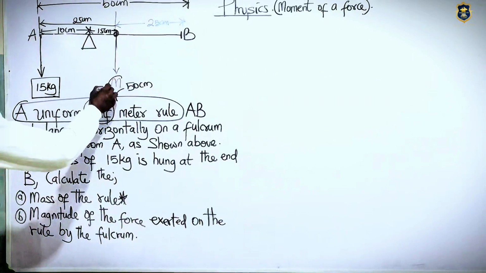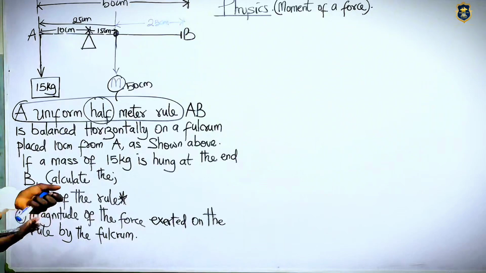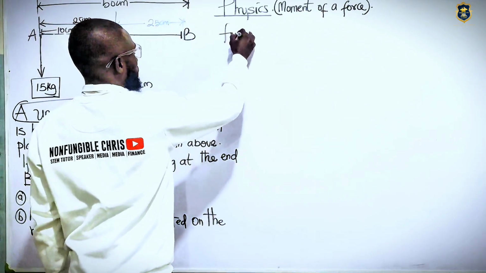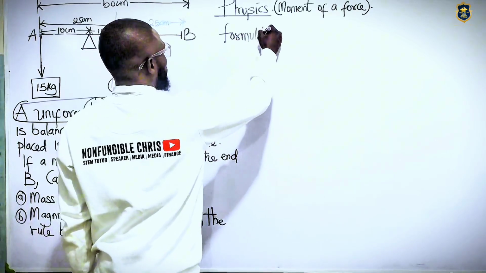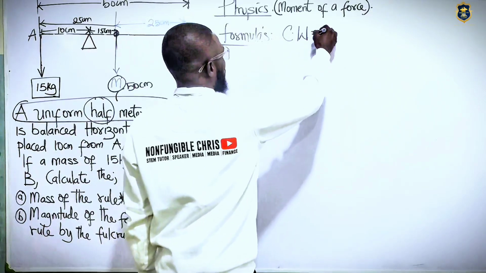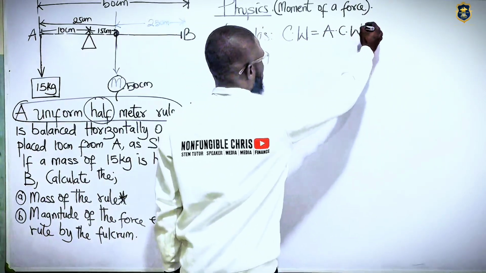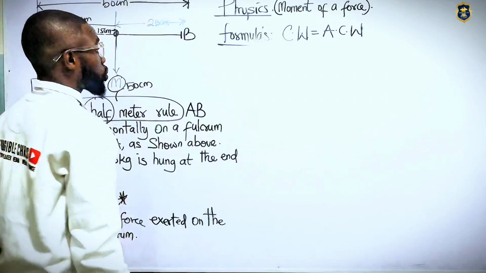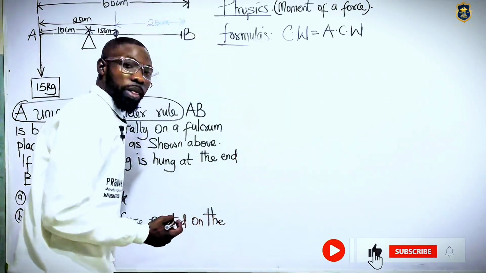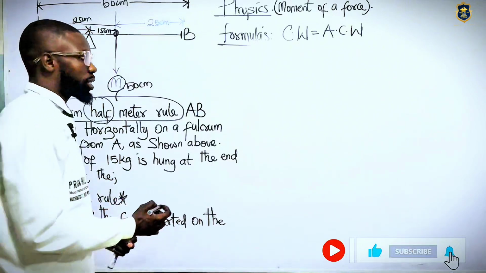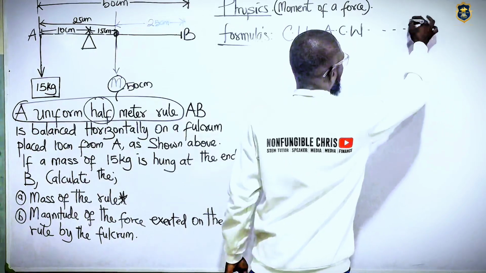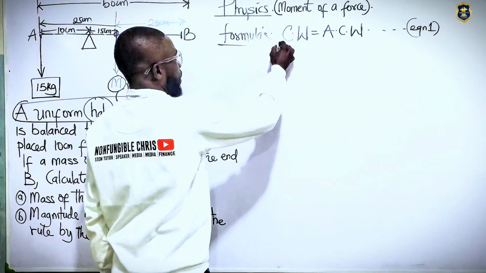So if we're looking for this mass, we know what to do. I said there are 2 formulas, right? From what we just did, there are 2 formulas. The first one is: clockwise moment is equal to anti-clockwise moment, right? And then the second formula is: upward force is equal to downward force, right? The sum of the upward force is equal to the sum of the downward force. So this is the first one. Let's call this equation 1. And equation 2, we can say